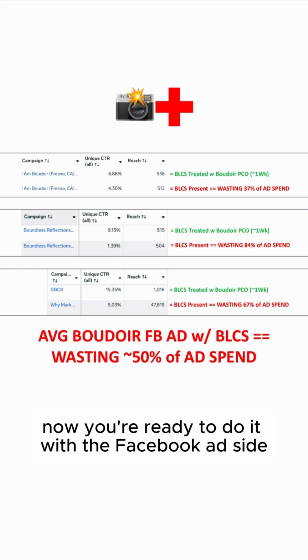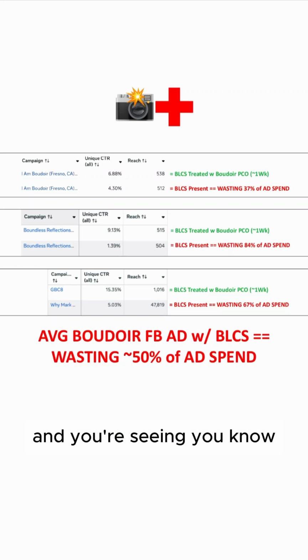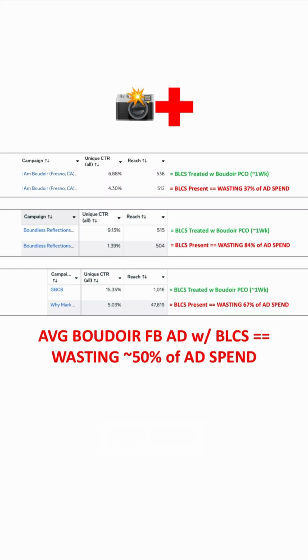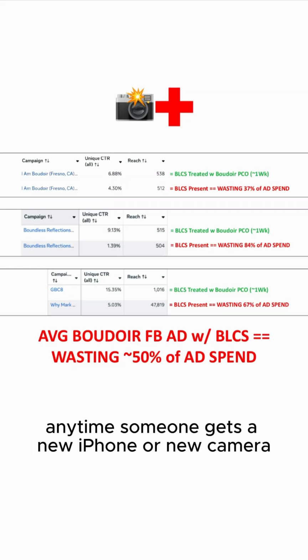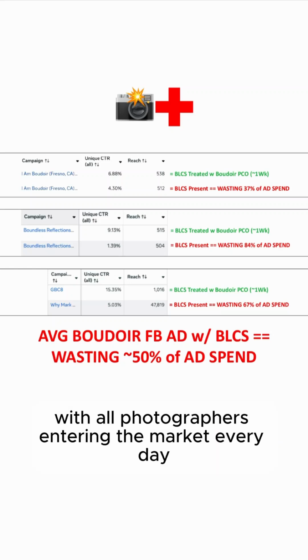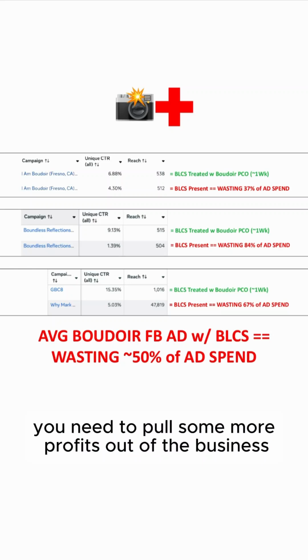Now you're ready to do it with the Facebook ad part of the business, and you're seeing more and more market saturation every single day. Anytime someone gets a new iPhone or new camera, there's new Google My Business profiles popping up. More boudoir photographers enter the market every day, and there's more inflation in life. So you need to pull some more profits out of the business,